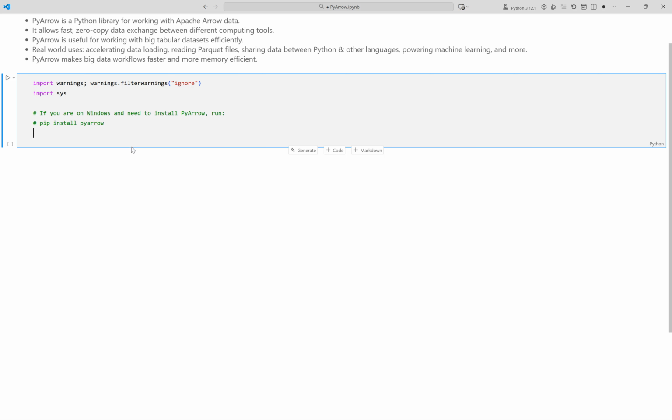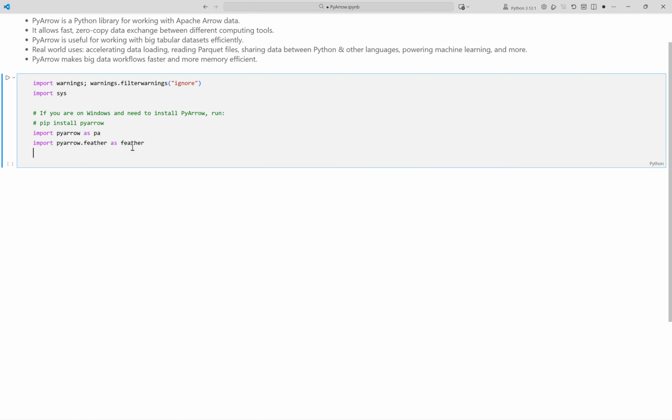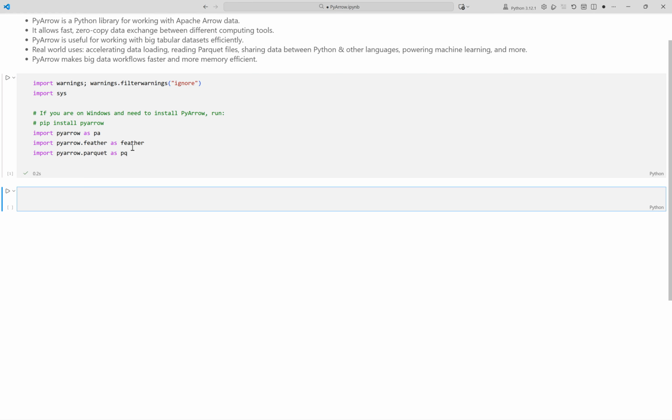Now we import the main PyArrow module for working with Arrow data. Here we import the Feather submodule for fast columnar file storage. Here we import the Parquet submodule for efficient analytics file formats. Running the cell now. This code sets up the environment to use PyArrow by importing its core modules and related